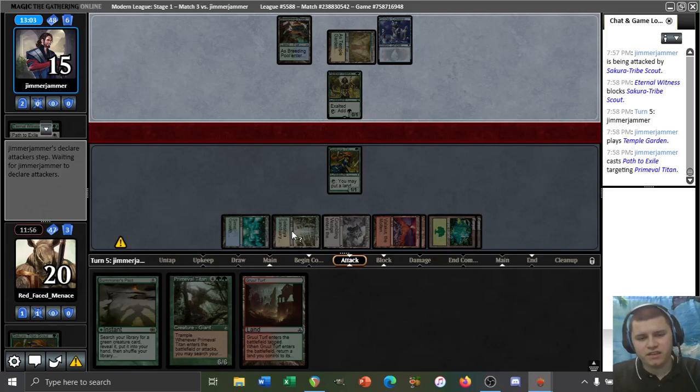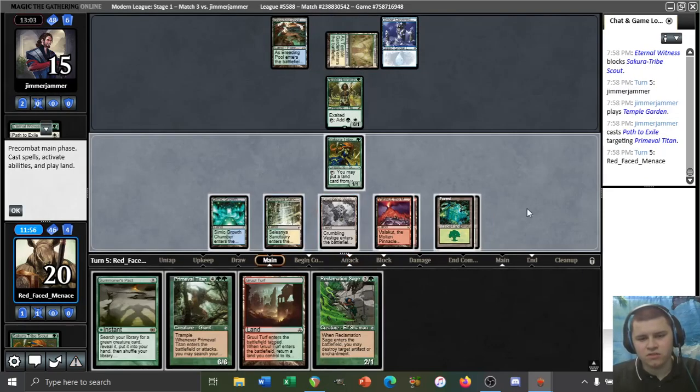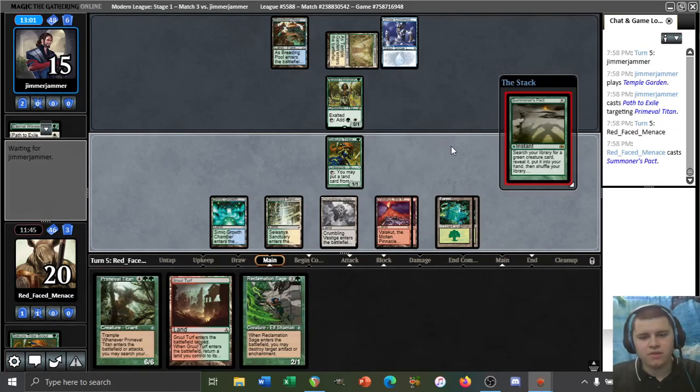Now we can easily play Titan and Dryad all in the same turn. See, 1, 2, 3, 4, 5, 6, 7, 8, 9. That's exactly mana for both. So let's start with the Summoner's Pact. If they have a Spell Queller, they do it now. Otherwise, they might just be literally dead, so...